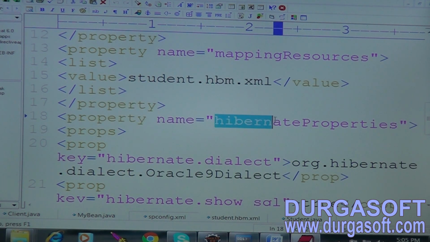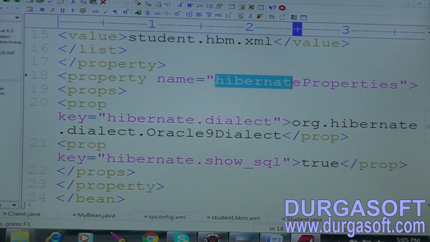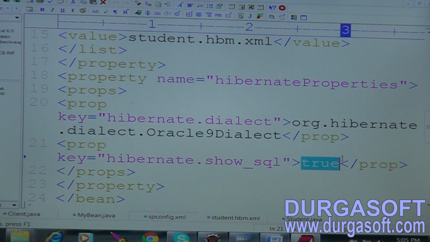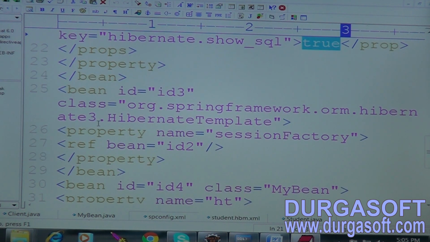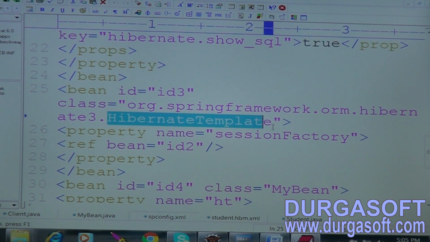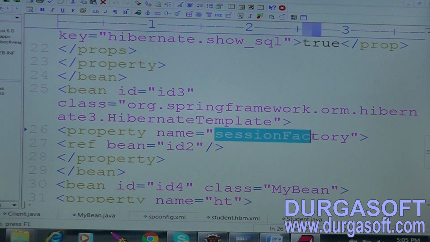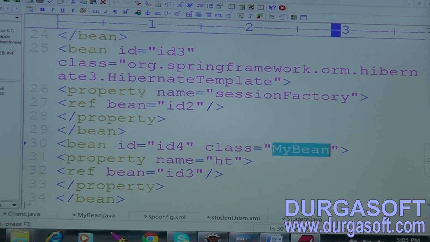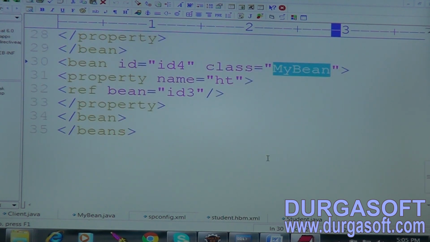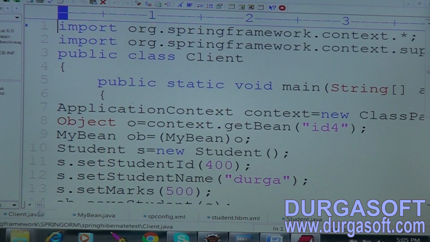Next, Hibernate properties: I am passing Oracle 9 dialect. If you want to see the SQL query, we can take true. Then next I am going to take Hibernate template. Now session factory, and I am passing ID 2. Then finally I am going to configure my bean, with ID 3.